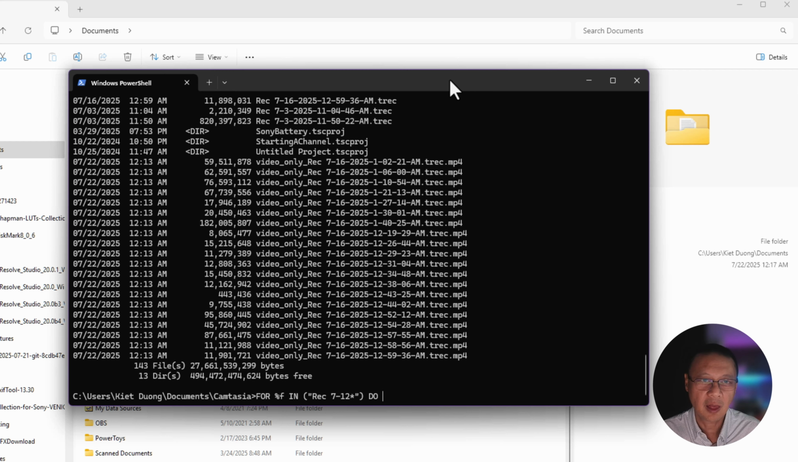Do ffmpeg dash i, include that file name, which is %f. So we assign whatever the current file is, since it's a variable, and run this command on that file. We're simply going to do dash c copy. We have to have a unique file name, so we're going to do out, substitute that variable %f in, dot